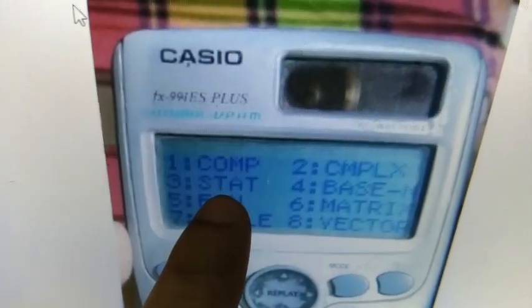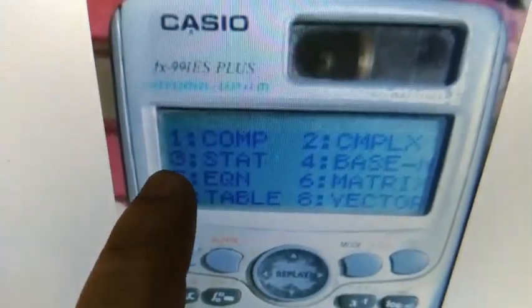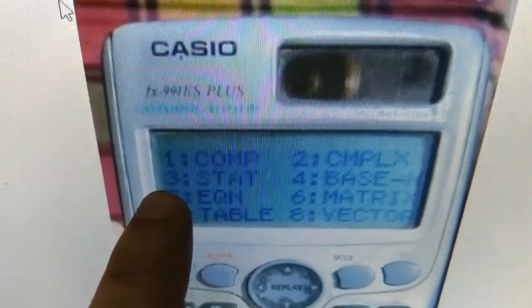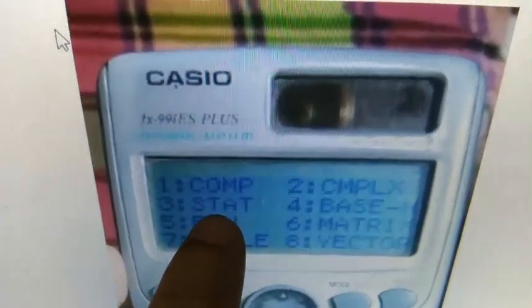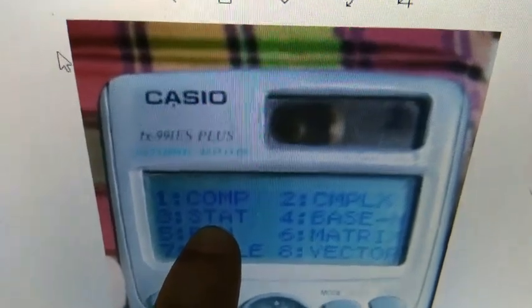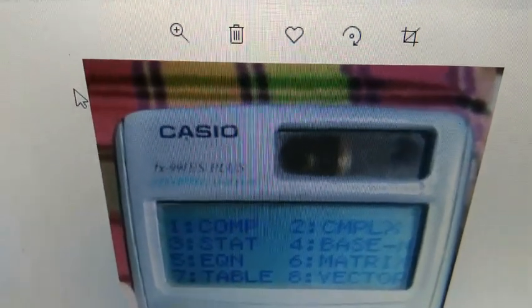Here you need to choose stat. Stat means you will press number 3. When you press number 3, you will get this mode. That means stat mode. After that,